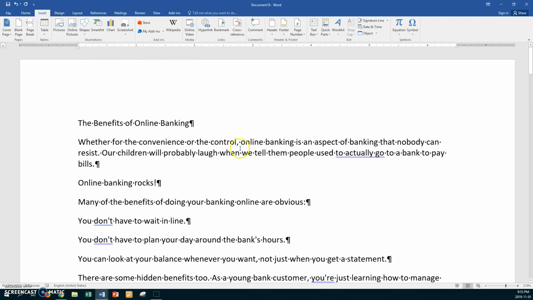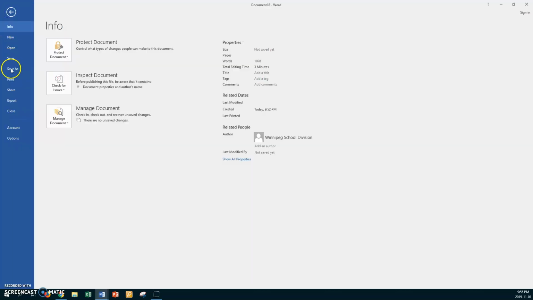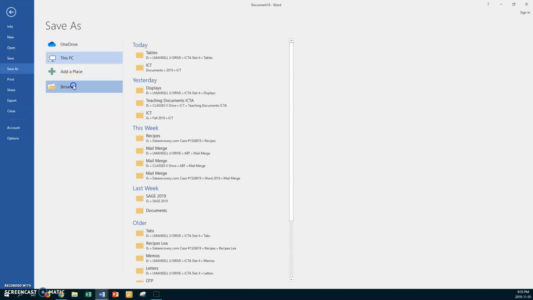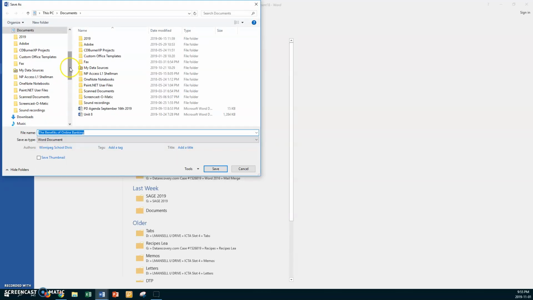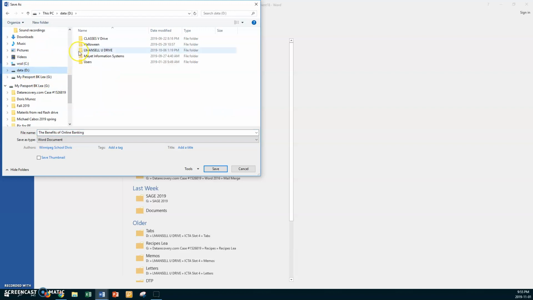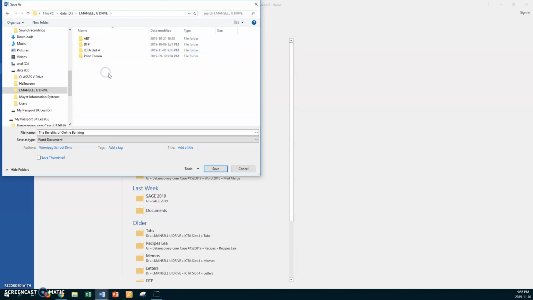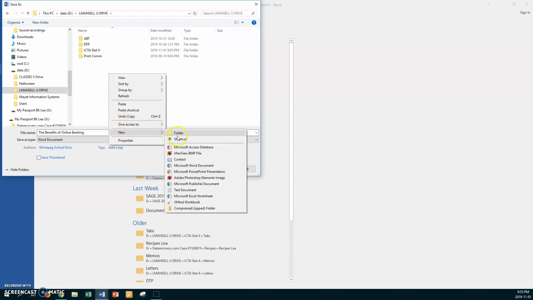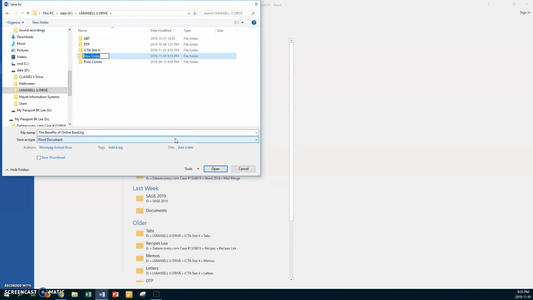Now, there's no name on this file because we have to give it a name. So you're going to go to File, Save As, and now go to Browse and go to your U drive. Okay, go to your U drive. So I'm going to go to my name. You go to your name. Go to now yours won't be ICTA, it'll be ICTB. Slot 4. Actually, I'll make a new one here. Right click, new folder, and I'll put in